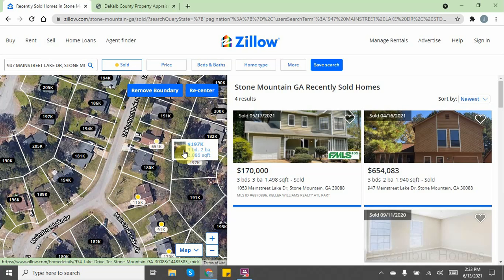But this wholesaler is sending me these comps, saying these properties sold for 360, so my property across the street or around the corner is worth 360. But it's not. So I went in and looked at the comps that he had, and I saw that two were next to each other. That told me it was either a multifamily, which you can't comp with single family, you can't comp a duplex with a single family home, the numbers won't be right,